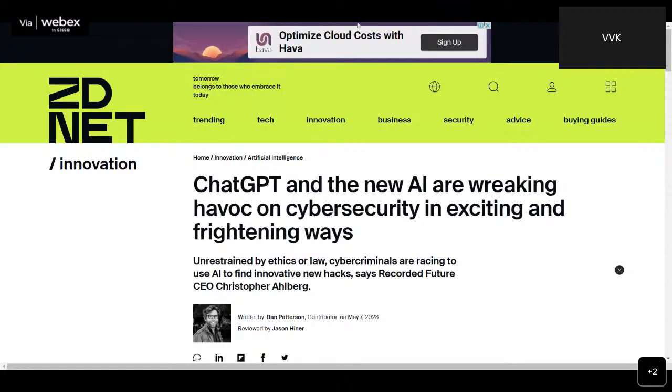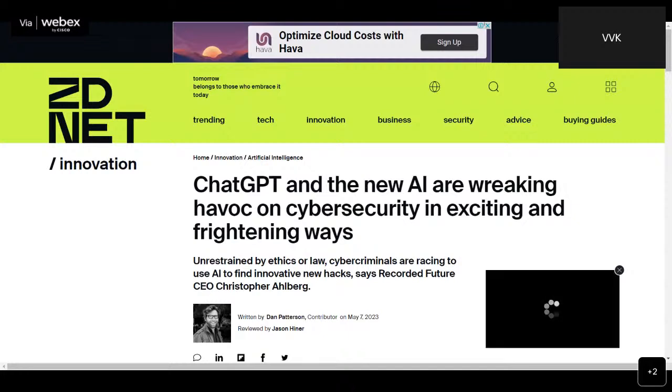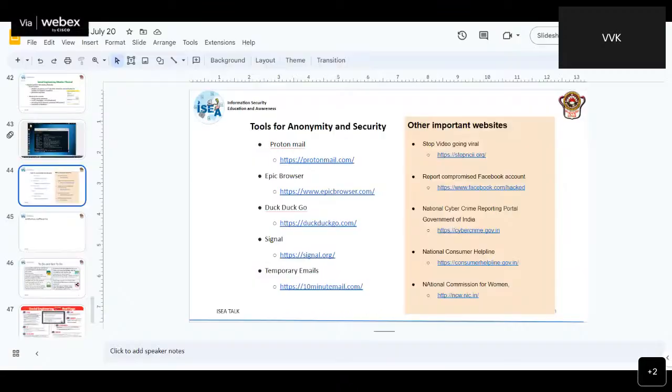Till now the attack mode was all something different, and from here onwards maybe the attacks will be more sophisticated. Okay.